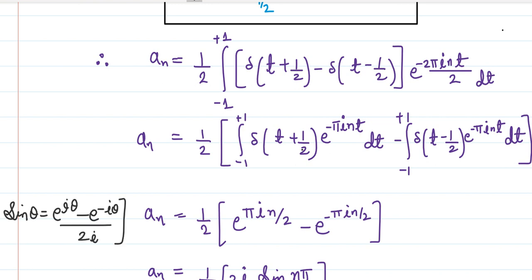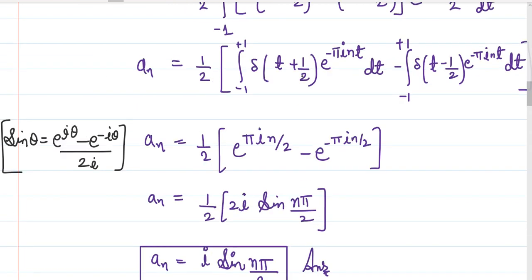Remember this formula, guys. If you don't remember that, I hope you all know about these formulas. Similarly, for hyperbolic, the iota terms do not appear, and you are going to get just theta and here 2. So it is going to be 2 iota sine n pi by 2. Here theta is n pi by 2. So 2 will get cancelled out and your answer is going to be iota sine n pi by 2.